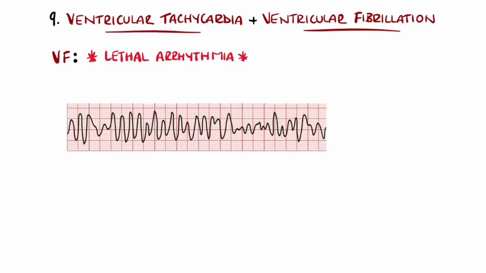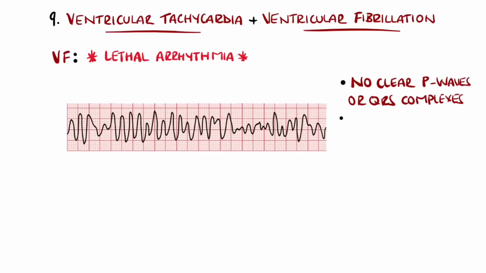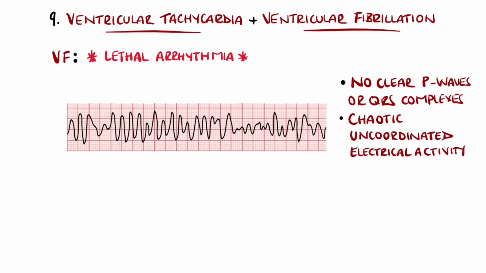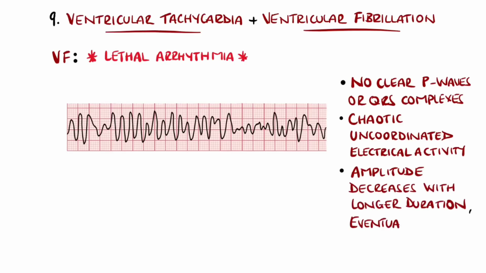There are no clear P waves or QRS complexes, and therefore minimal cardiac output. The ECG features chaotic electrical activity of varying amplitudes, with the amplitude correlating to duration. As time goes on, it reduces until asystole is reached. These two arrhythmias are associated with cardiac arrest,